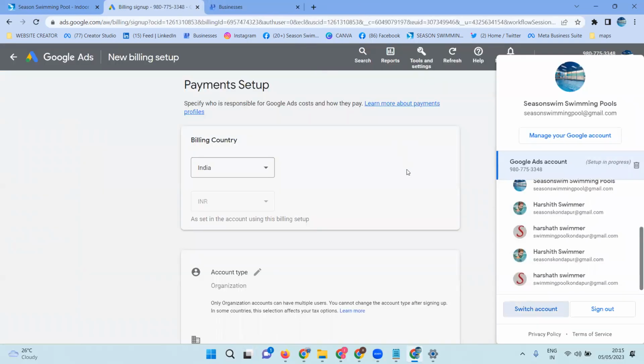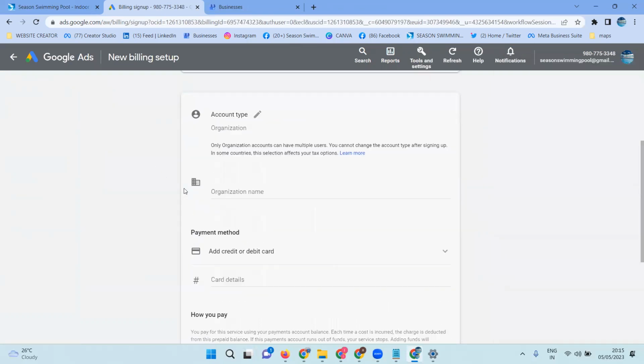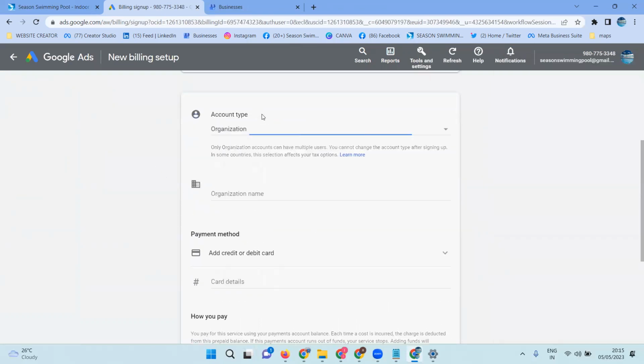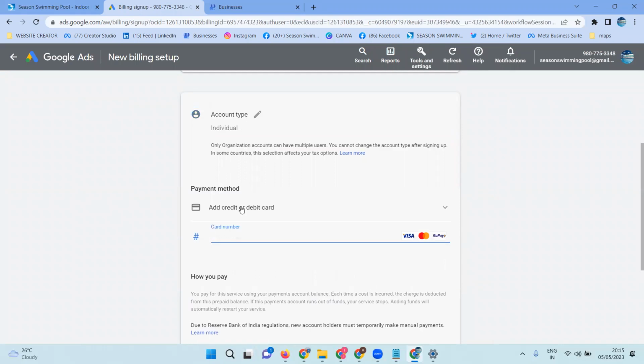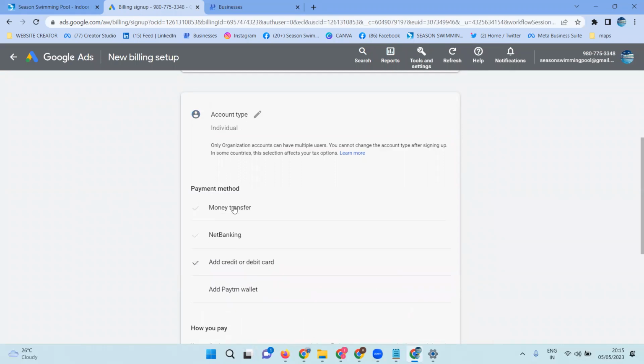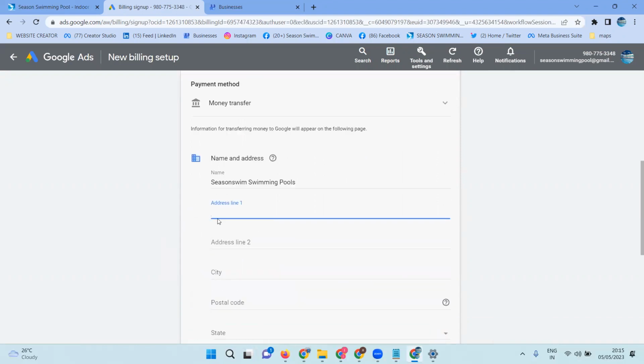Is it clear? So this is the very important way here. After this, you choose organization or individual. I am going with individual. Here we can always select the money transfer for the first-time account setup. There is an option to add budget, but right now I'm not adding budget. I have to set up my perfect account. Go with the money transfer. Click it. Address